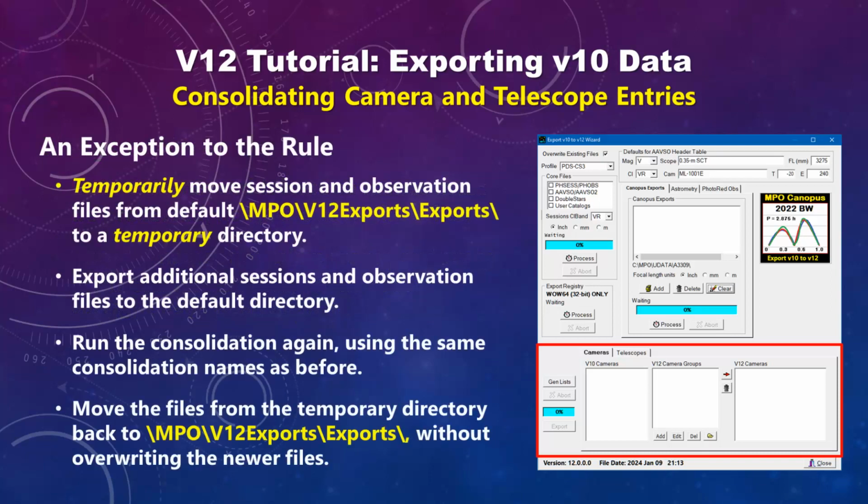A way around this would be to move the previously exported sessions and observations to a temporary directory. Process any new sessions and run through the consolidation steps again. Of course, you must also be sure to use the same consolidation names as before. Once done with the new sessions, you must return all session and observation files to the default directory, which is